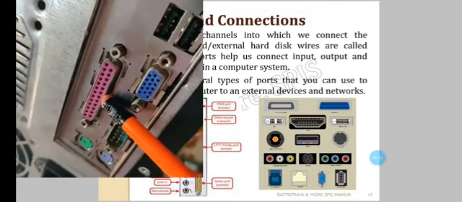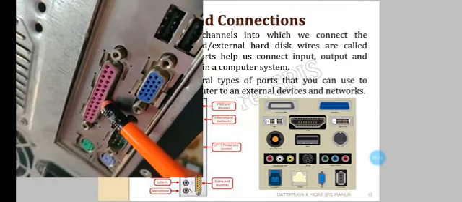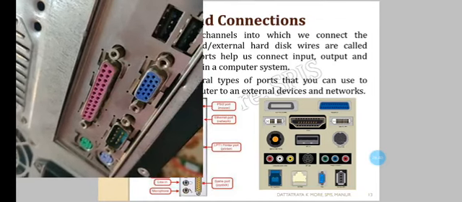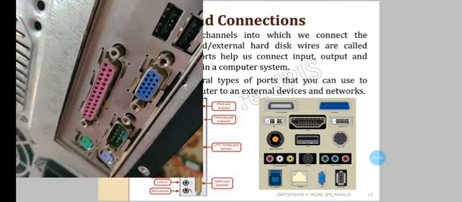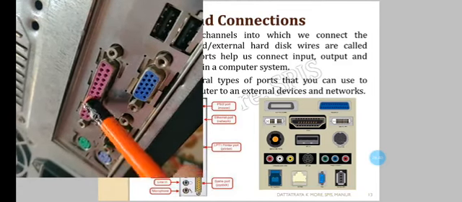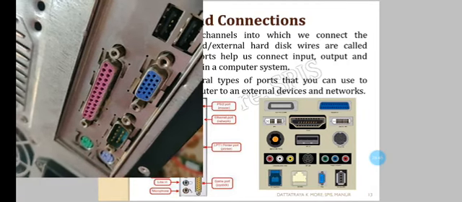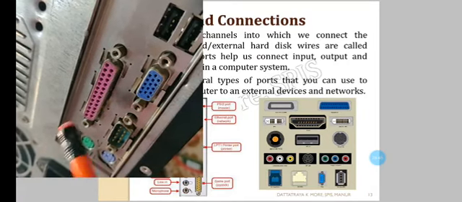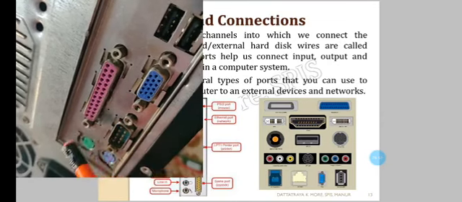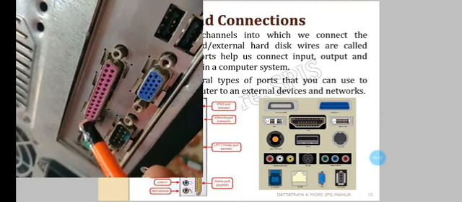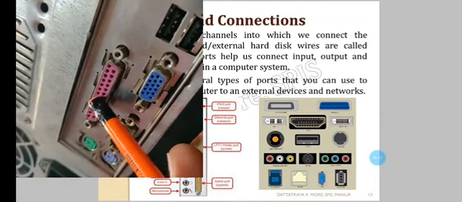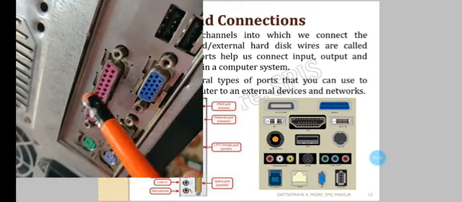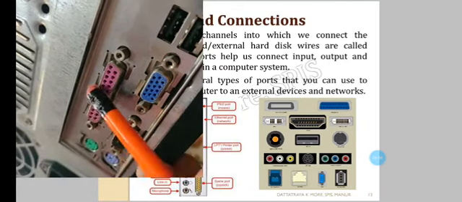You know the printers available in banks and post offices, which make so much sound while printing, and the printout comes out as a very big, long sheet? Those are dot matrix printers. That printer can connect over here. Nowadays this port is not available in the latest computers. This is my old PC, so this port is available here.